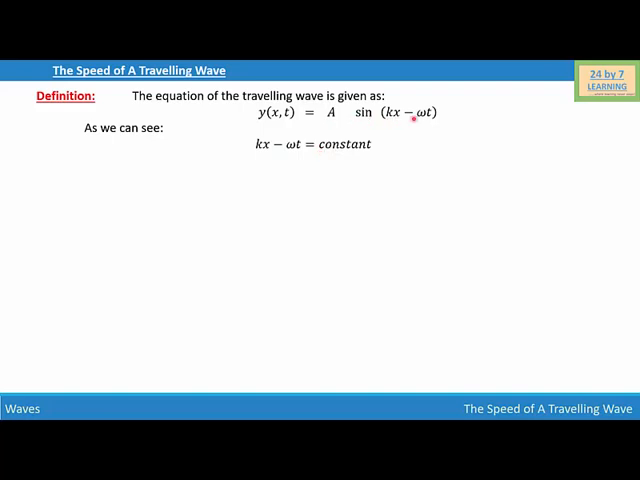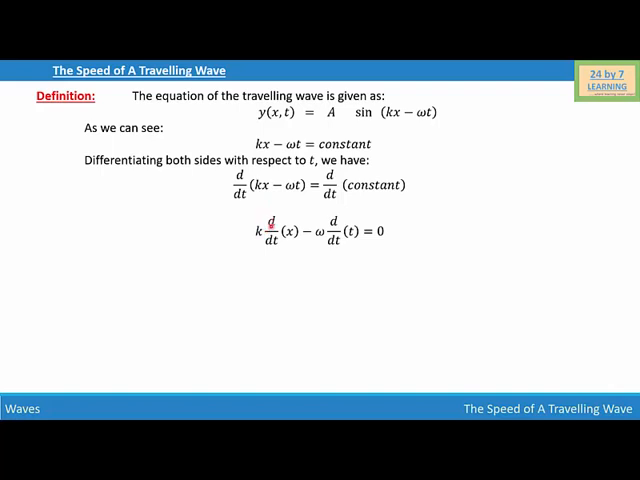and we have a sine of an angle which is basically a constant too. So kx − ωt is equal to constant. Now differentiating both sides with respect to t, we will write d/dt of (kx − ωt) is equal to d/dt of constant. Now let's distribute d over dt inside the bracket, and if we distribute, we will write k d/dt of